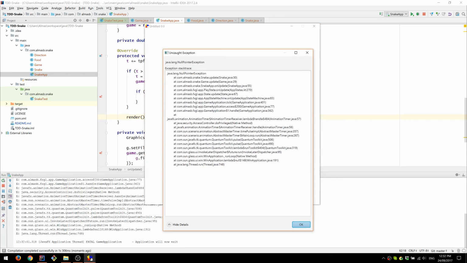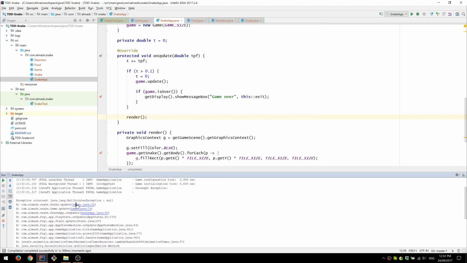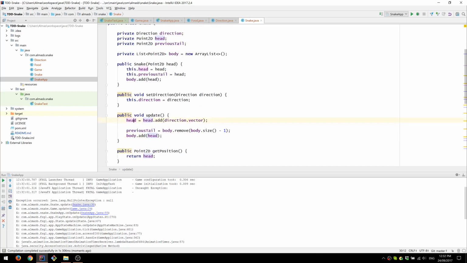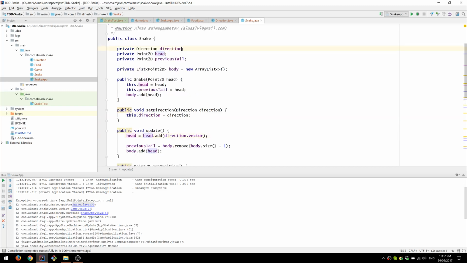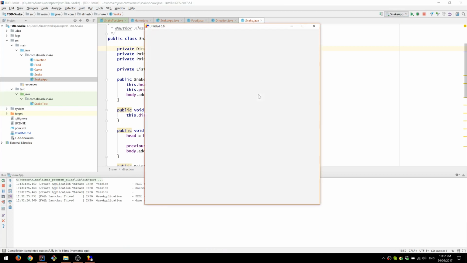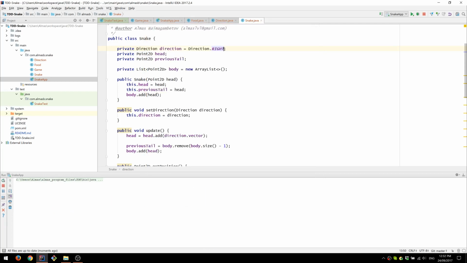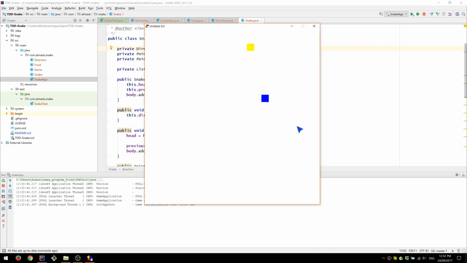Okay, snake update. Where is it? Head. Oh, we don't have default direction. Let it be right. So by default, it'll just move right. Okay, so I can control the snake now. Let's collide with the wall. Game over. Cool. Let's collide with the food object and